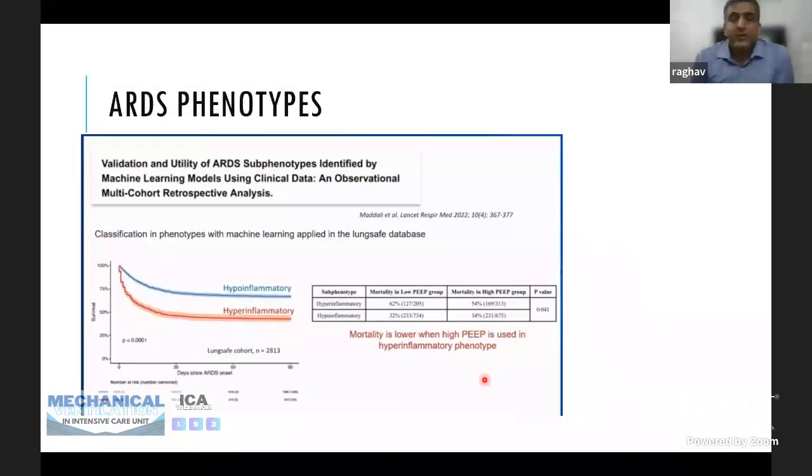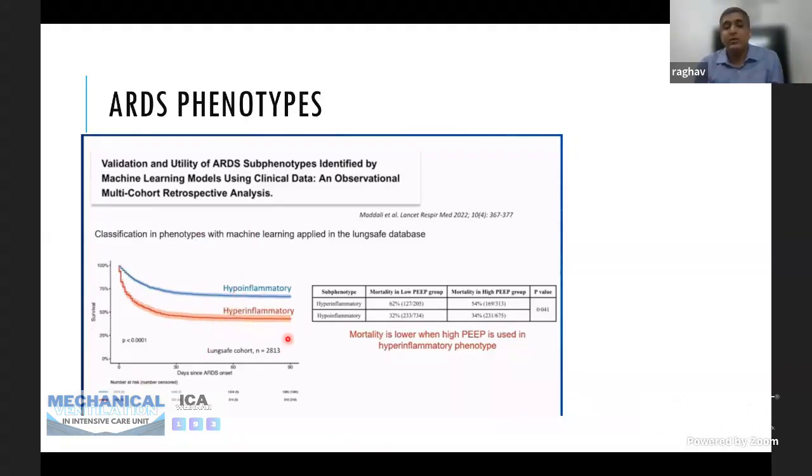So coming to the third method, which is dividing the ARDS patients on the basis of phenotypes, and one of the most common methods is to divide them into hyperinflammatory and hypoinflammatory phenotypes. If the inflammatory marker, for example IL-6, the most commonly used marker, is high above a certain threshold, then we call that the patient is having hyperinflammatory phenotype of ARDS. And vice versa is hypoinflammatory type. And studies have shown that the survival is considerably lower in hyperinflammatory phenotypes.